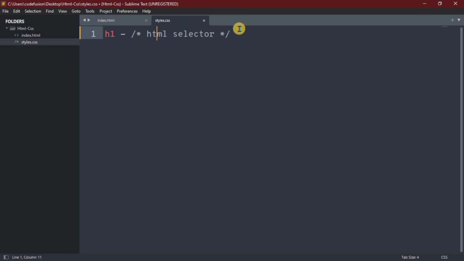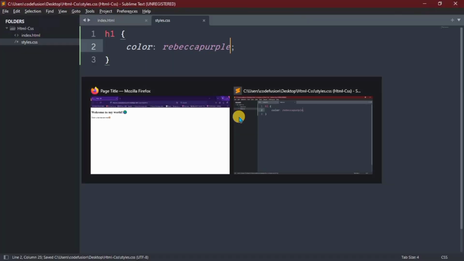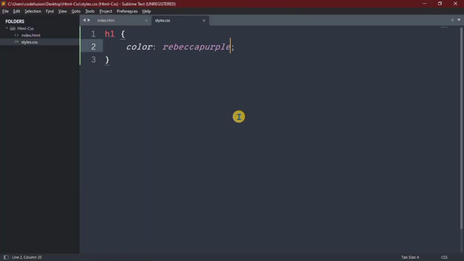The H1 here is the selector, so keep that in mind. After that we need two curly braces, or curly brackets. Inside it you can just say color should be Rebecca purple, like so. If you refresh, nothing's going to happen, because we need something that's going to connect this style sheet file with the